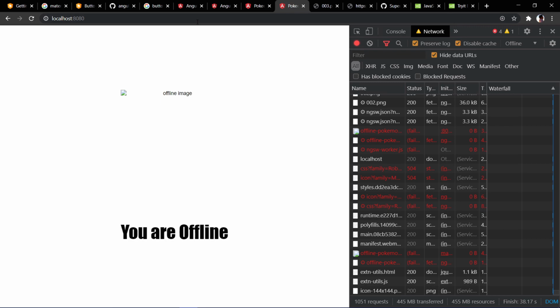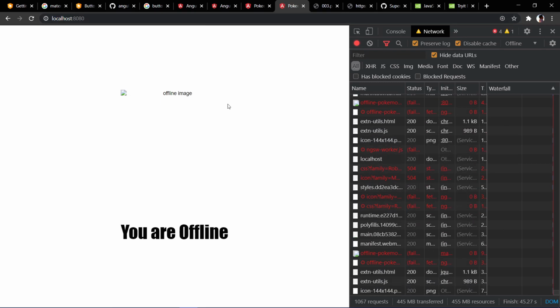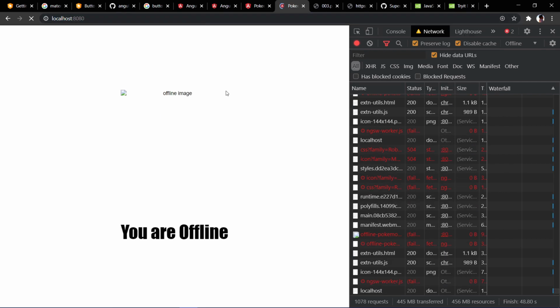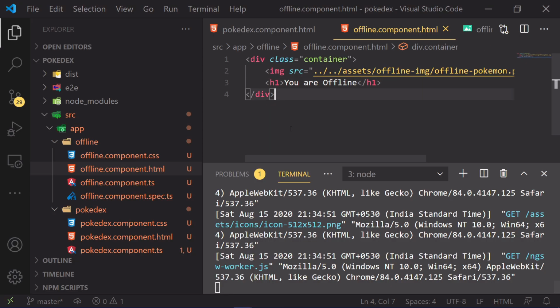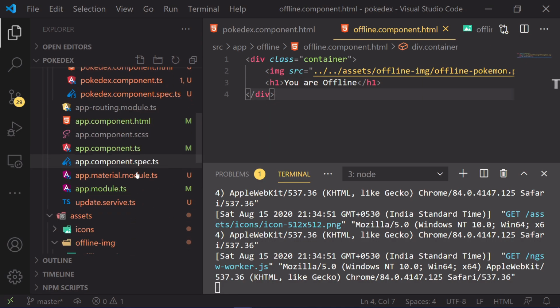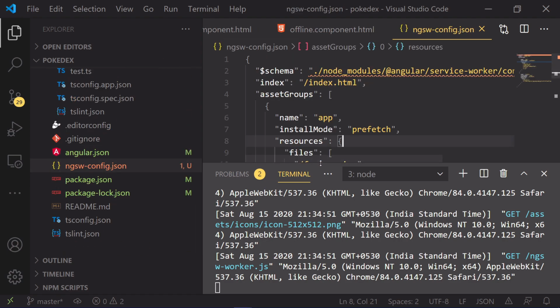Why did this happen, as we have already said that it has to be cached? The reason behind the image not loading is the condition which we have specified here in ngsw-config.